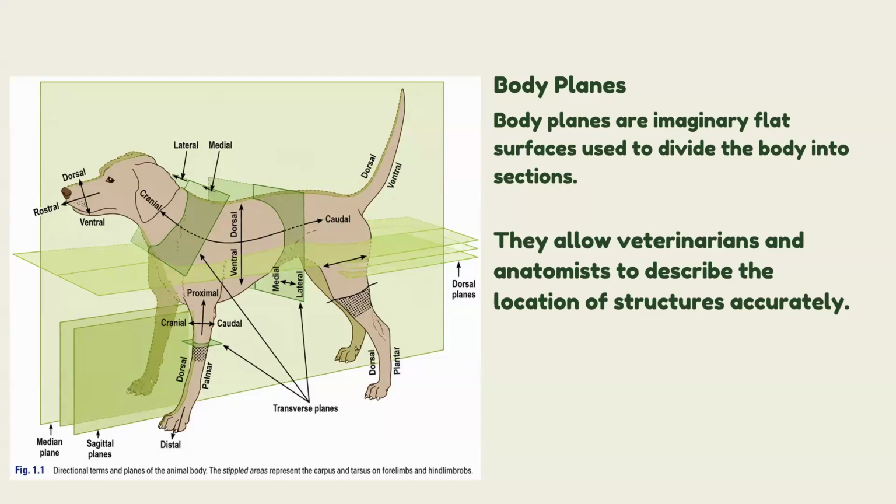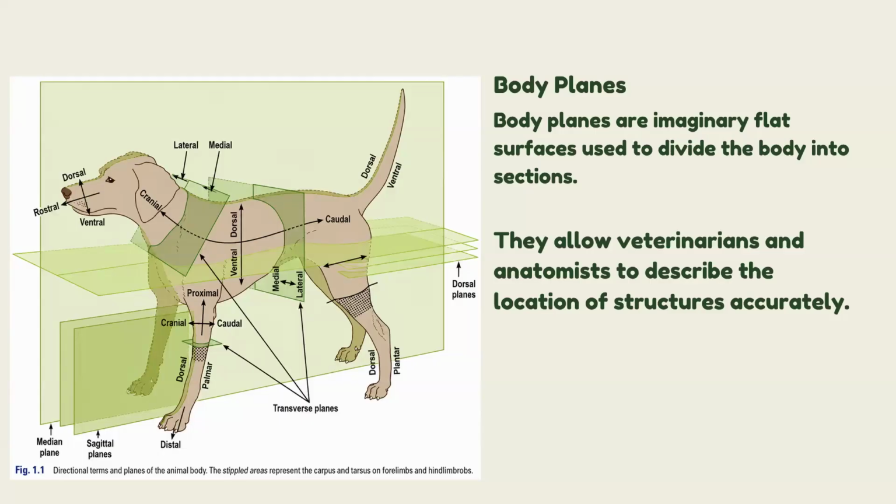These lines are not visible to the ordinary human eyes, but they help to demarcate the body into different sections that enable veterinarians to identify key structures. Body planes are very important because they help anatomists to describe the location